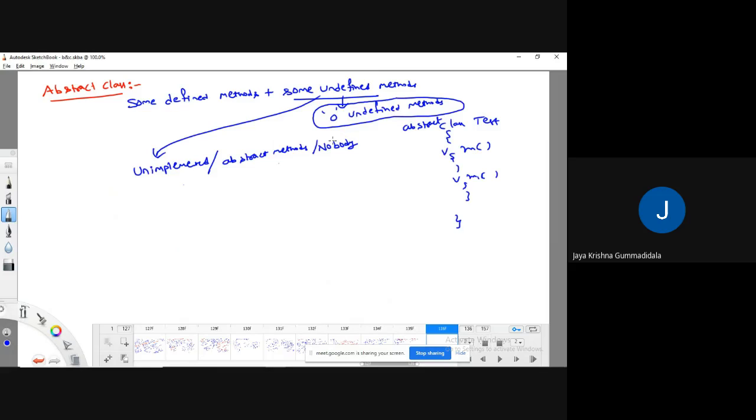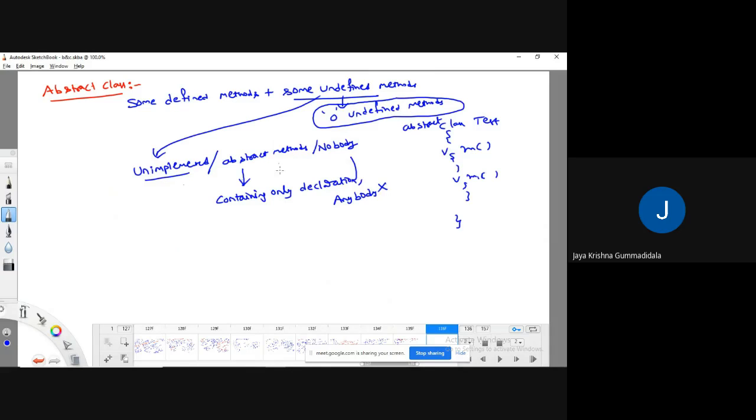Simply we can say that an abstract method is one which contains only the method declaration, but does not contain any body.